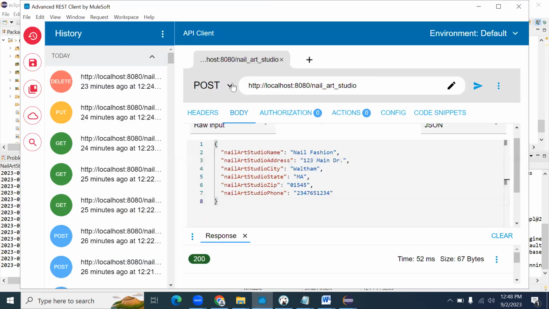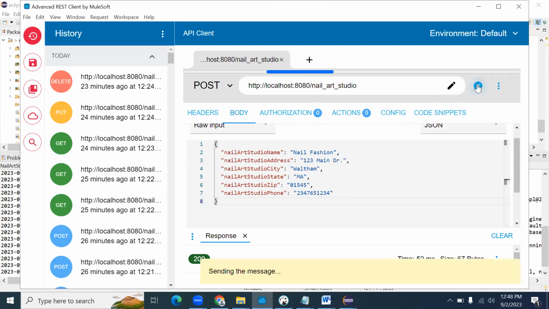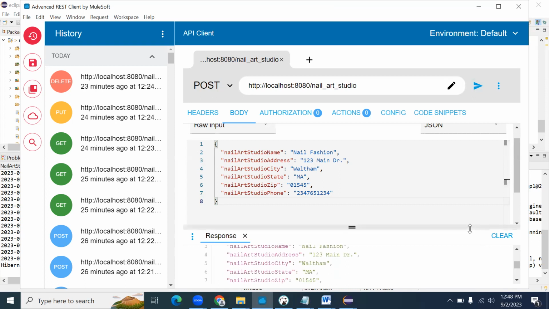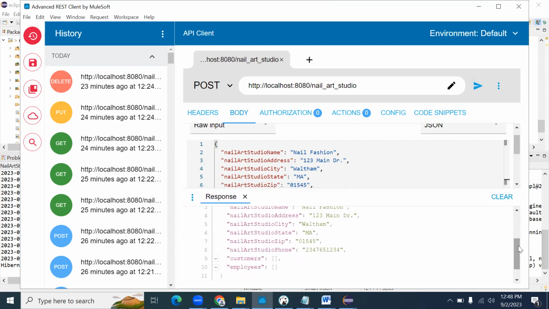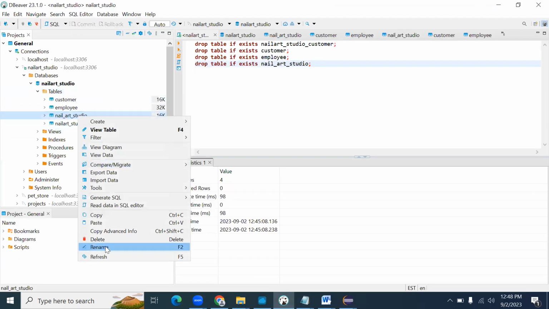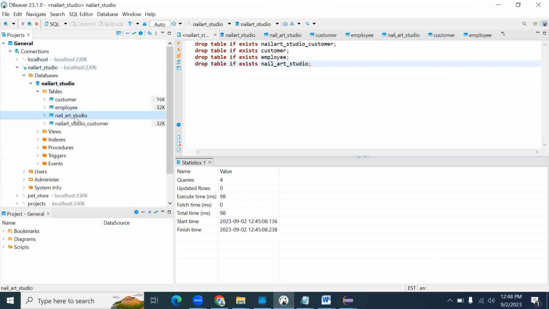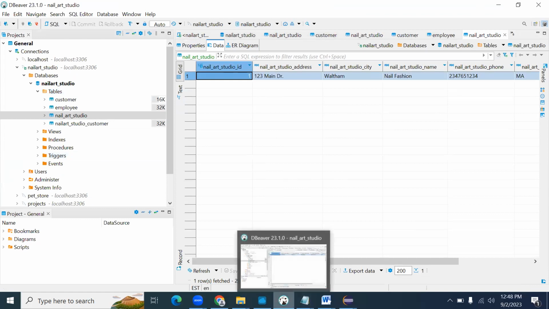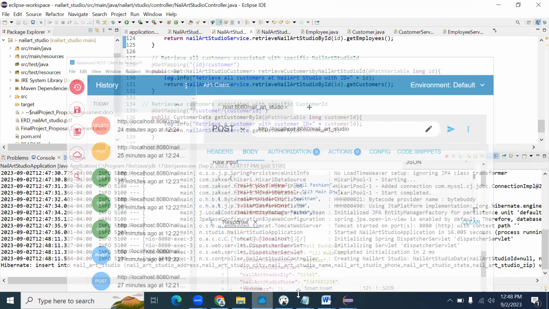So this is basically to enter the data in NailArtStudio to create a new NailArtStudio. So this is the dummy data which I already created here. So let's send the request, and now you can see the data here. Let me check in DBeaver. This is my NailArtStudio table. Let me refresh it and view data. Here you can see this row is entered in my database in my NailArtStudio table, and I have one more